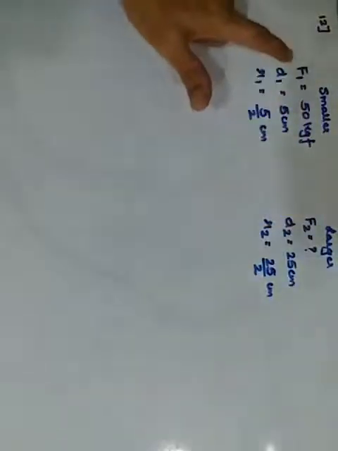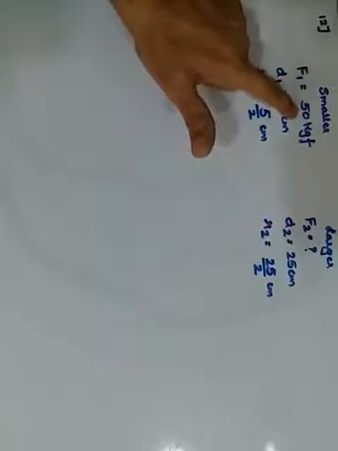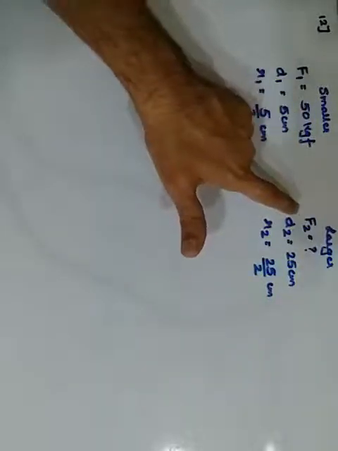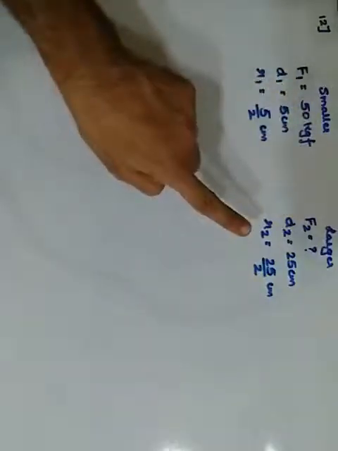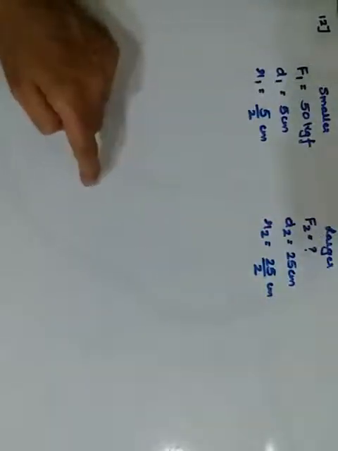वापस से बोल रहा हूँ, smaller piston and larger piston. Force applied on the smaller piston is 50 kilogram force and we are supposed to find the force that is produced on the larger piston, and they have provided two diameters, diameter of the smaller piston and diameter of the larger piston. What I am doing is first finding the radius, क्योंकि आगे जाके we are going to get A1/A2, तो area के जगह पर हम लोग pi r square use करेंगे.